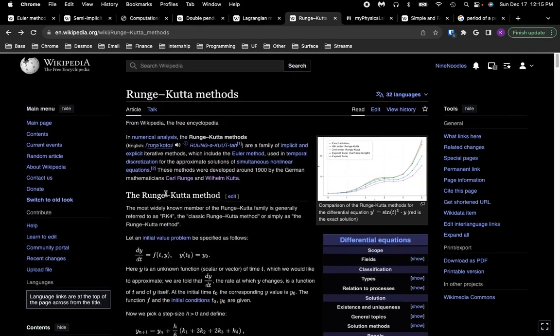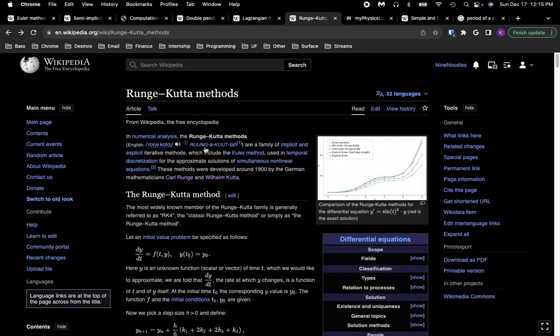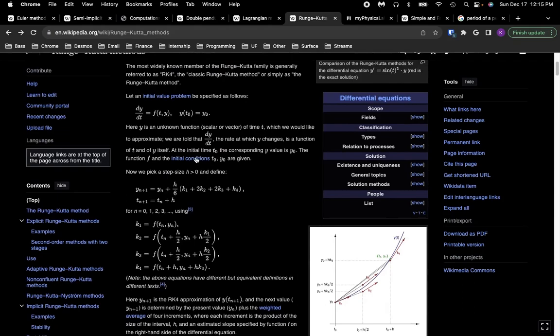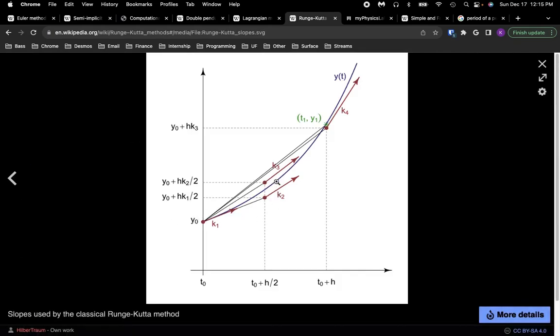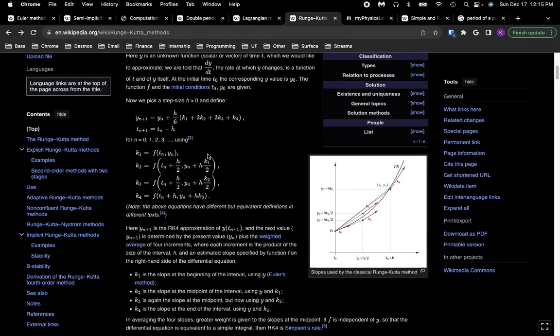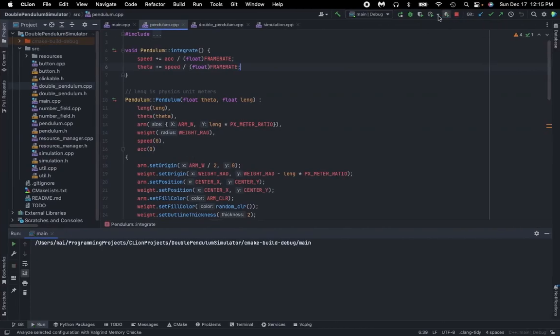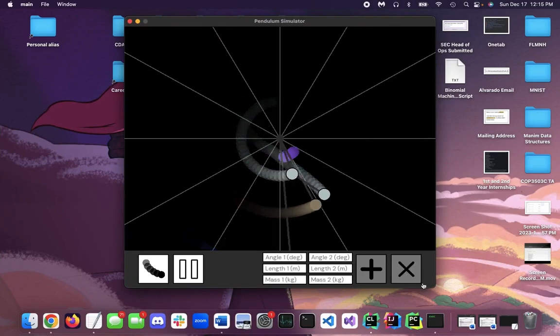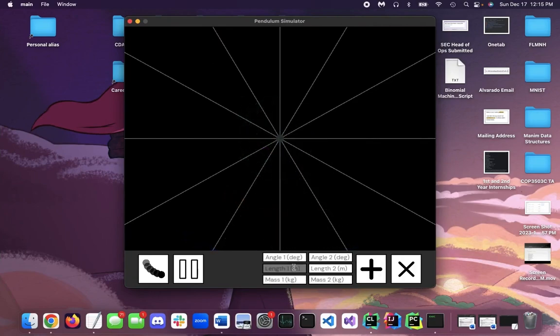That's one type of Runge-Kutta. Apparently it's a family of methods, and it uses these different slopes and averages them together to be more accurate. And so some of the inaccuracies of our simulation would probably be helped by using that Runge-Kutta method. Because I didn't show it, but unfortunately,